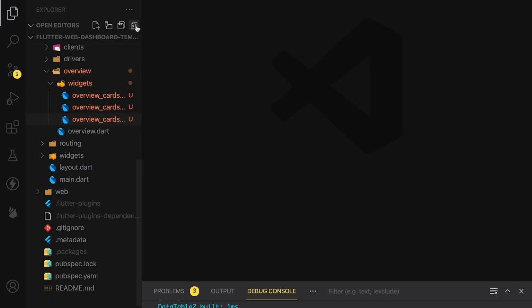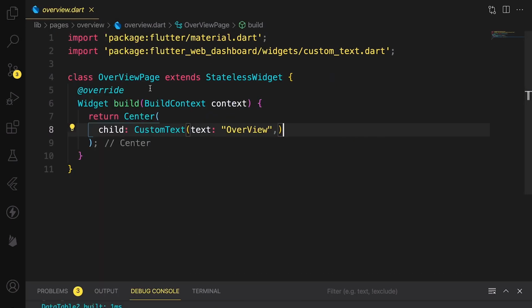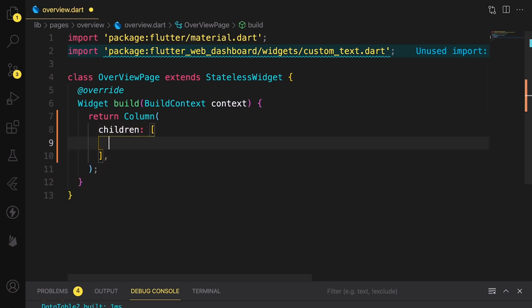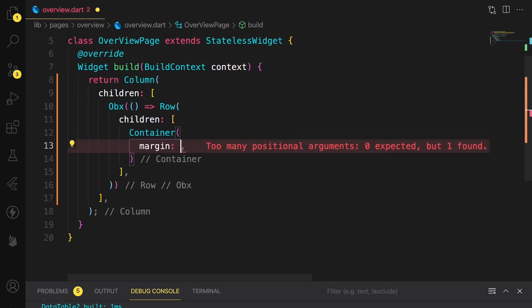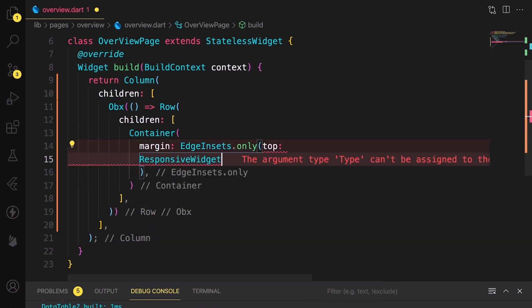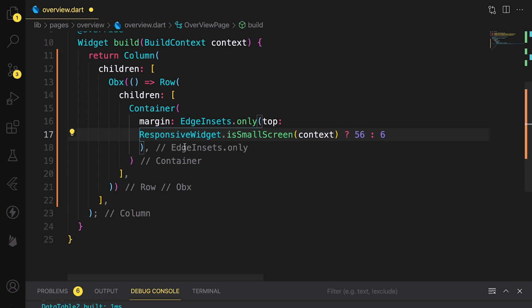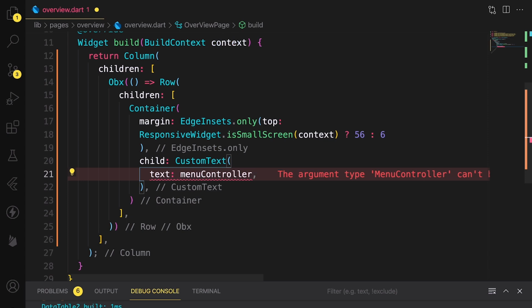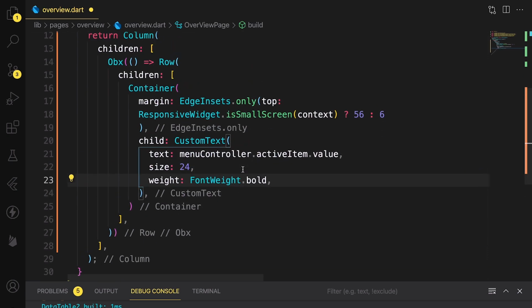Let's start with the large screen. Actually, let's start with the overview screen, and let's change a bit. I say screen all the time, but I mean page. I'm just used to building screens for mobile apps. Let's start here. Now we have our first section here